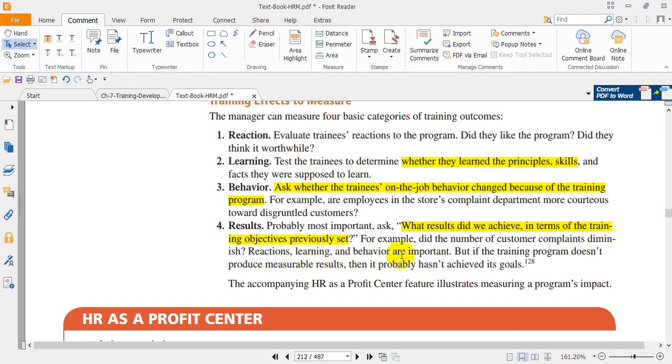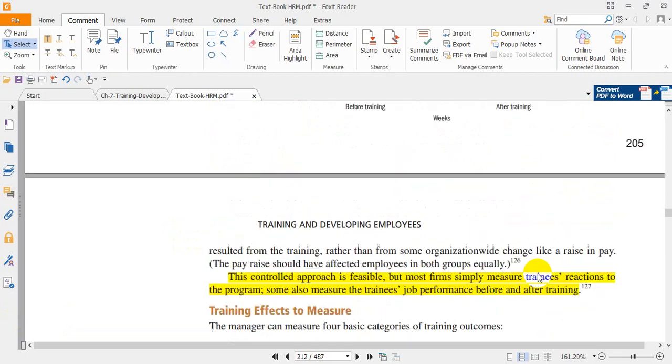Reactions, learning, and behavior are important, but if the training program doesn't produce measurable results, then it probably hasn't achieved its goals. So this is a very important note. So this is the end of this chapter, and thank you so much for listening,